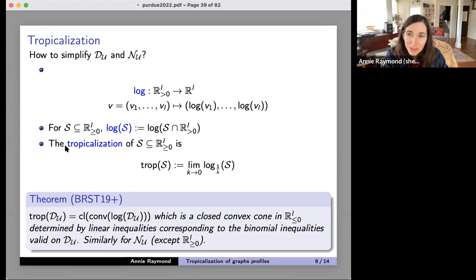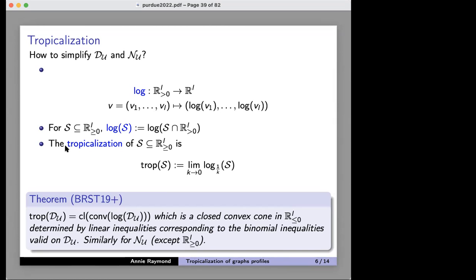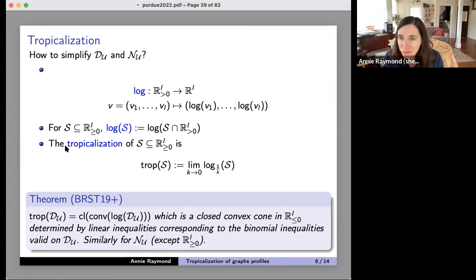For whatever reason, I guess Brazil is tropical, and it ended up with the name tropicalization. But yes, one of the first people to work on this was Imre Simon with a group of other Brazilian mathematicians. And so that's where it came from. I see. I kind of wish we had called it Simonization, but